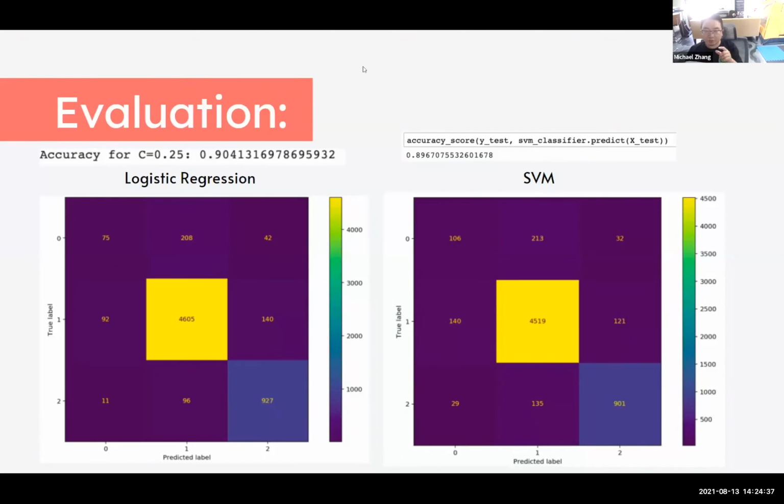Sorry, so 0 is hate speech. Yeah, sorry, yeah. So 0 is hate speech, 1 is offensive, and 2 is neither. Yes. Okay, so what I'm saying is, if you have one class that's overwhelmingly the population, then your model can just always predict that, just always predict 1, and you would have a very good accuracy, right? Yeah, so that was the biggest issue we had with our model,